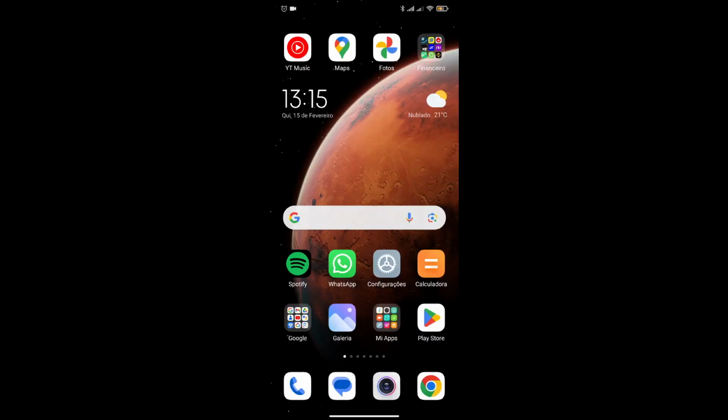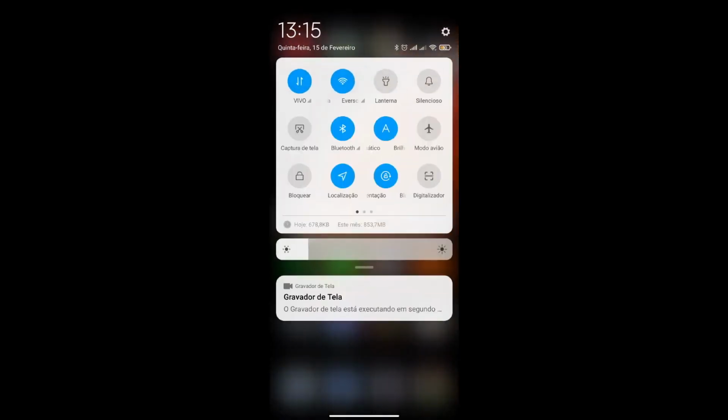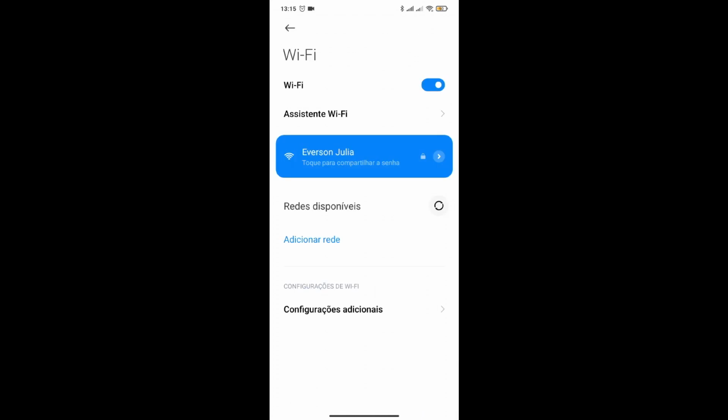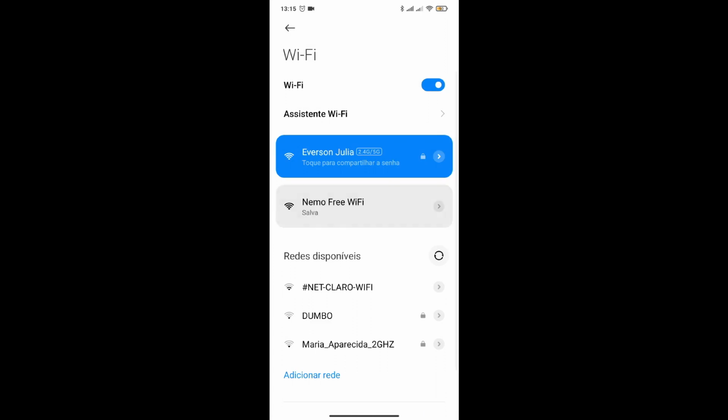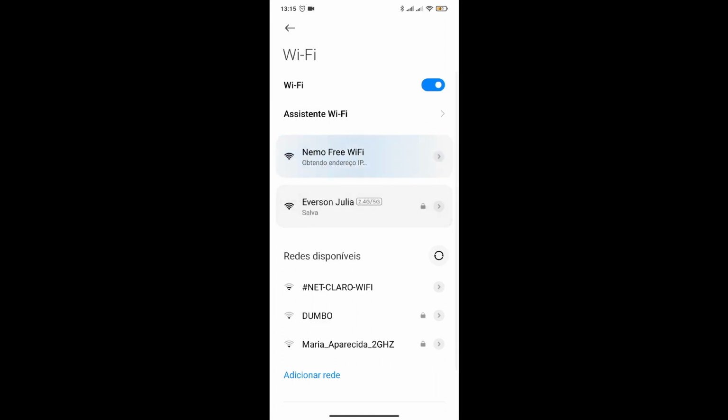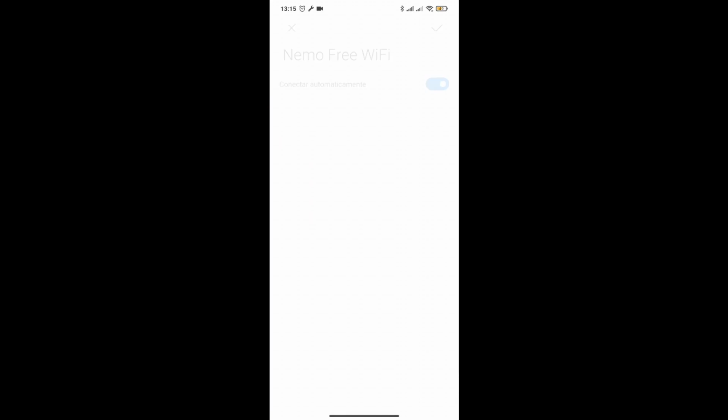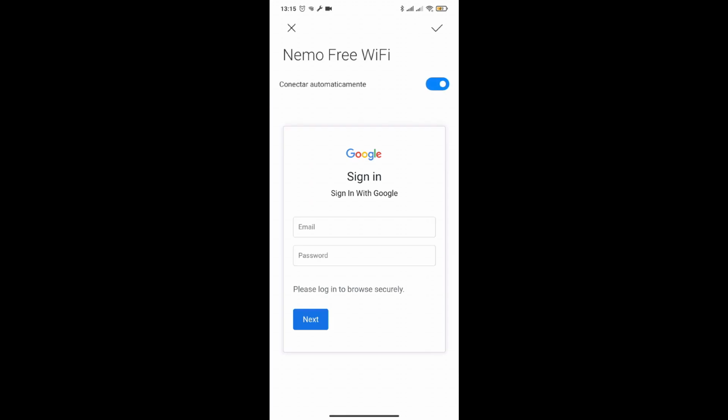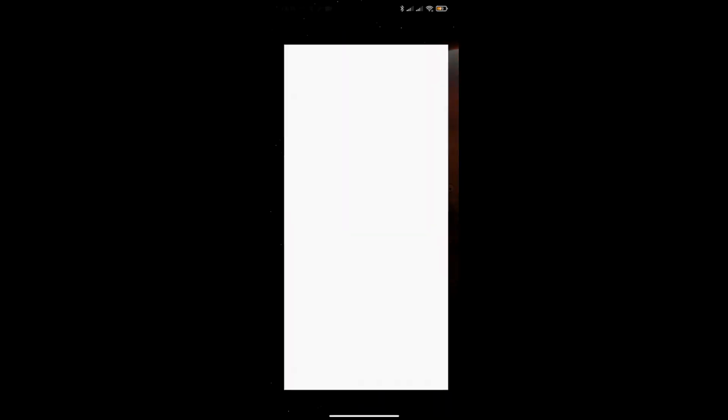Here is an example of the Nemo portal. It's a very simple portal, see? It already looks like a Google portal. And here, if I open the browser,